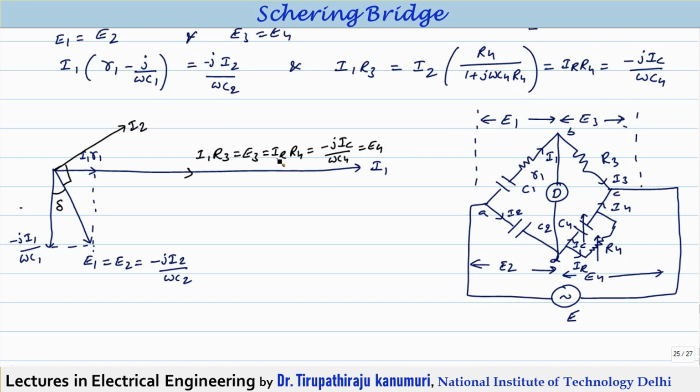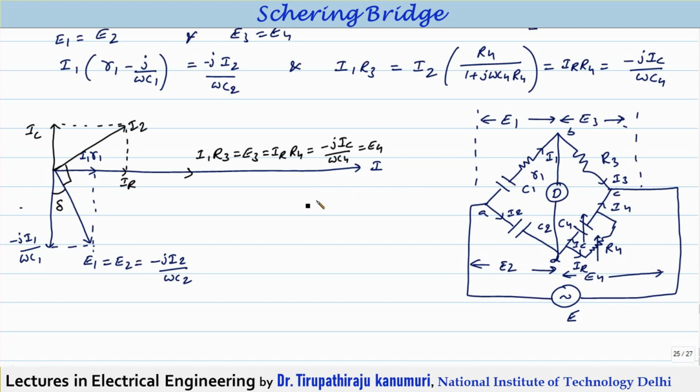So from this we can get that IR multiplied by R4 is along this line, because always voltage drop through the resistor will be in phase with the current. So that means we can tell the current IR will be in line with this one. That means the current that is passing through the resistance will be in this line only. So we can tell that it will be in the same line. This is IR. So IR also along the same line. So now coming to minus J times of IC by omega C4 is coming. That means IC will be perpendicular to this axis. So the component of IC will be here. Actually we can tell this I2 is resolved into two components. One is IC and the second component will be equal to IR. So I am representing the exact value only.